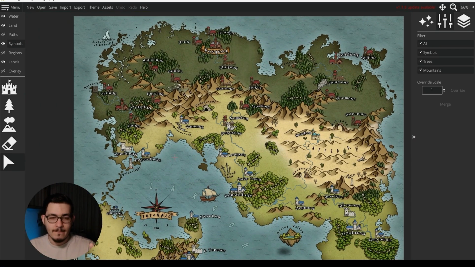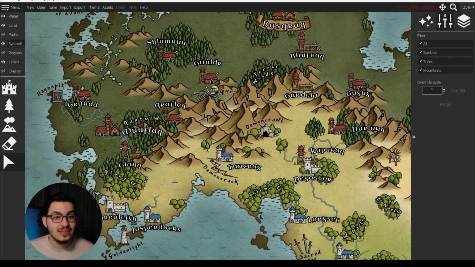As you can see, there are different types of fonts and different sizes of text and different colors of text. Just as I told before, I'm using these together to, in a way, categorize the labels depending on what kind of place they are naming.